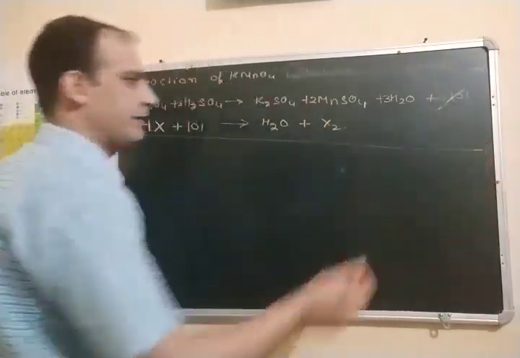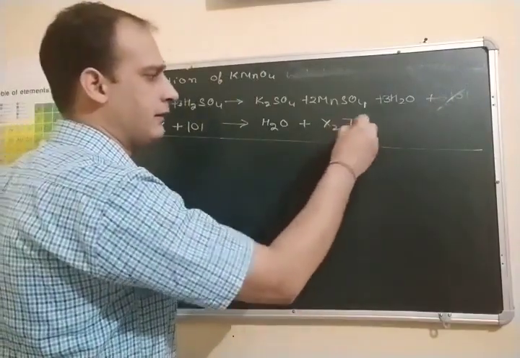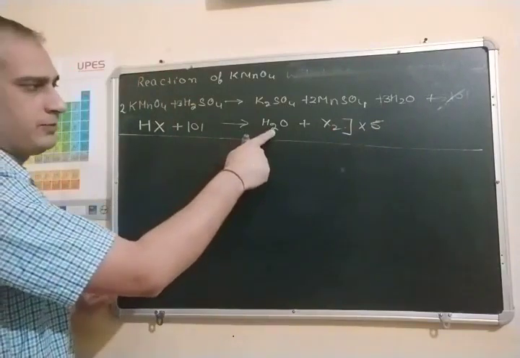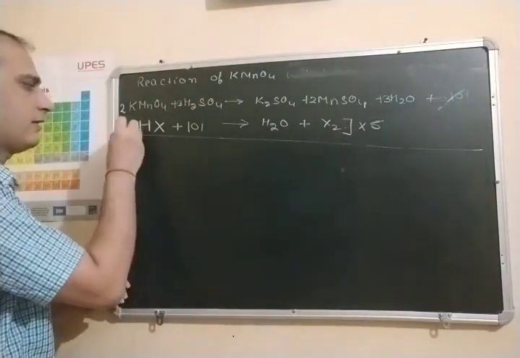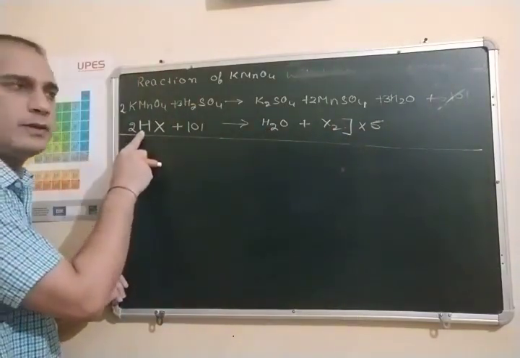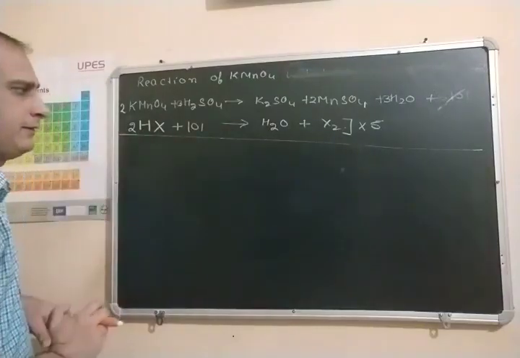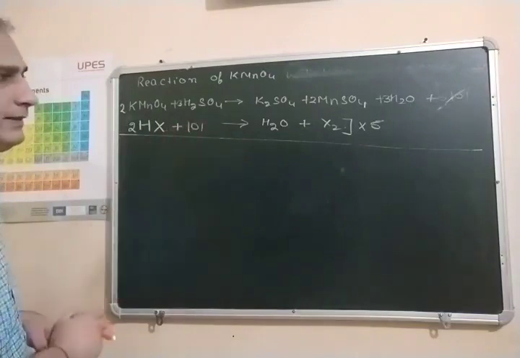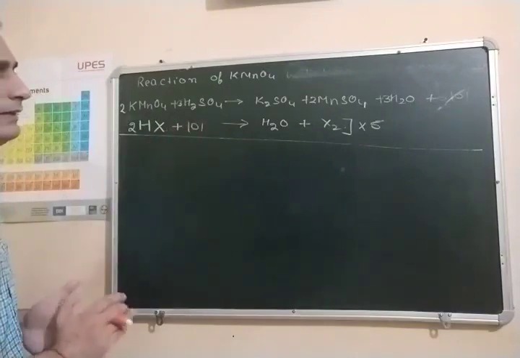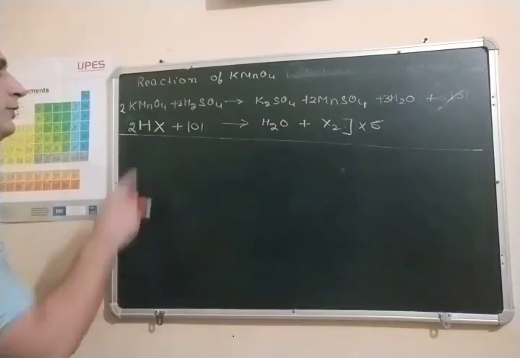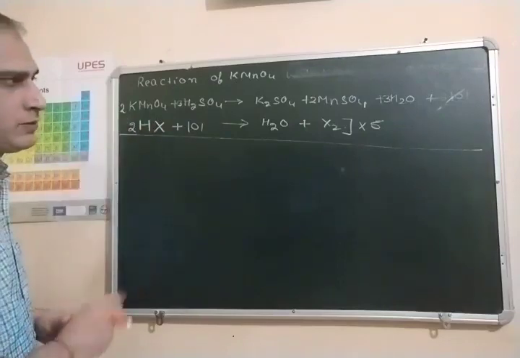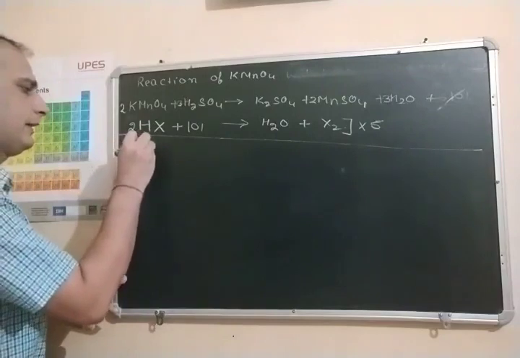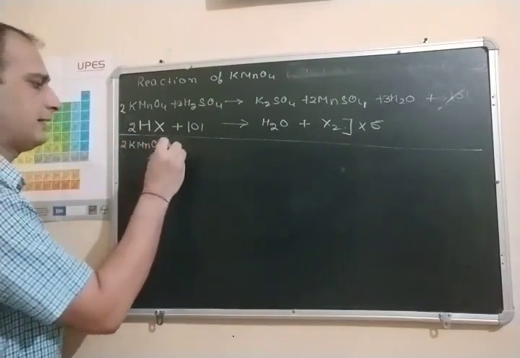And how many reactions can be carried out? Here, 5 such reactions can be carried out, and you can balance the equation. For the formation of one water molecule, how many hydrogens are required? 2 hydrogen atoms. Okay? So 2 HX molecules are required, and such 5 reactions can be carried out by using 2 moles of KMnO4. So the overall reaction will become 2 KMnO4 plus 10 HX